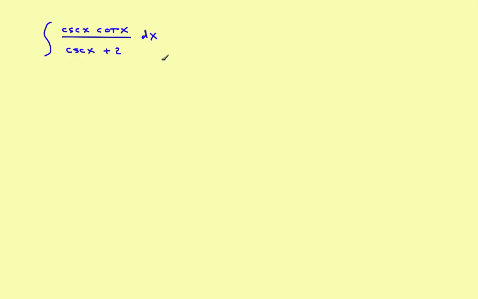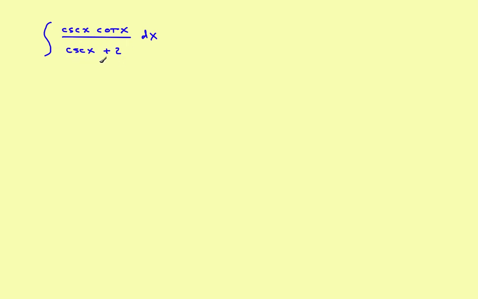Okay, now in this next example, let's try some things at first. You might try an identity again. Remember, identities worked on the last one. But what you'll find is that with the cosecant and the cosecant times the cotangent, there's no identity that actually works here. And some students always try to do this. They'll say, well, let's just cancel out the cosecants, but you can't do that because